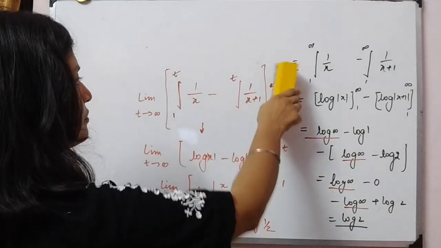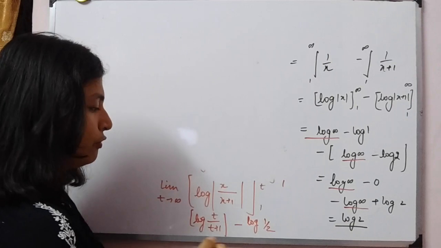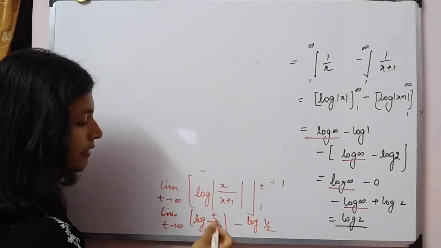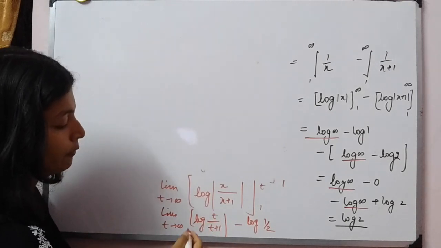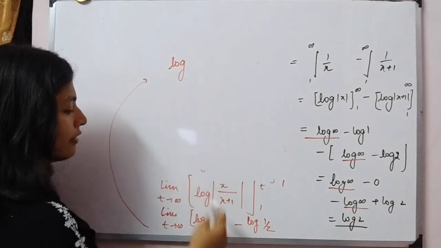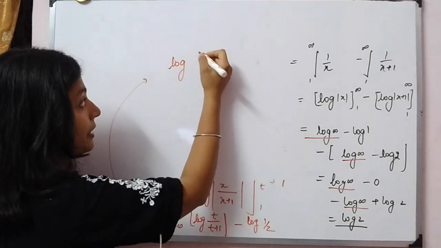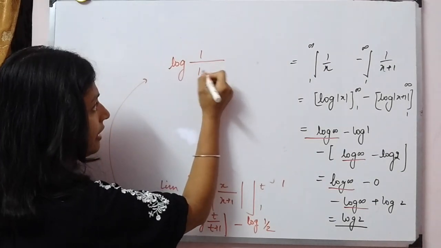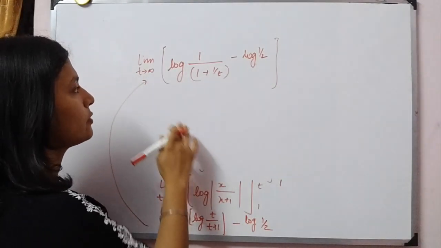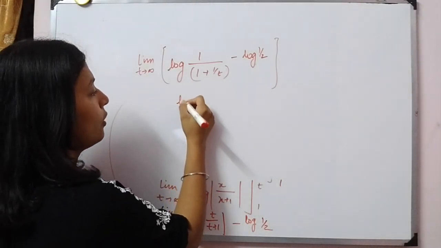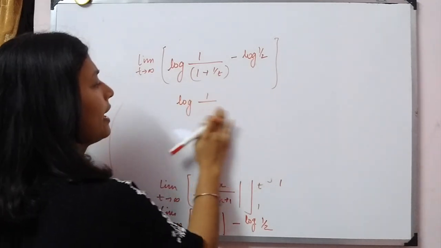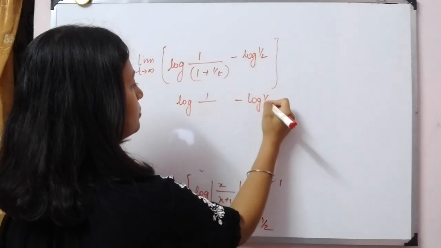So what will happen with this further? Let's see it. Following from the last step, when we have limit t tends to infinity and we are getting infinity by infinity form, we have to apply some logic over here. If we divide t in the numerator and denominator, we get t upon t, that is 1, and 1 plus 1 upon t. So this becomes this. Now we can apply the limit t tends to infinity and we get log 1 upon 1 plus 0, that is 1, and over here we get log 1 by 2.